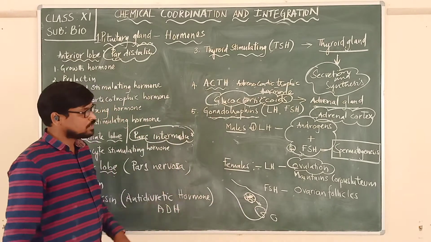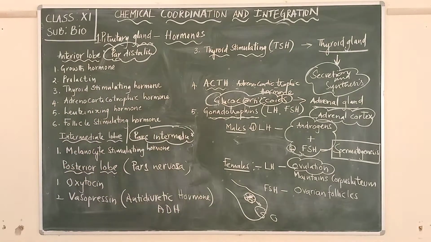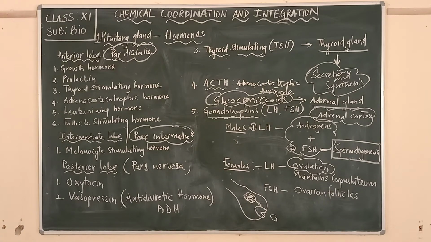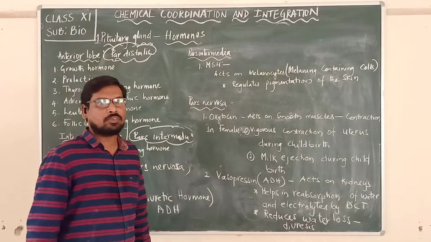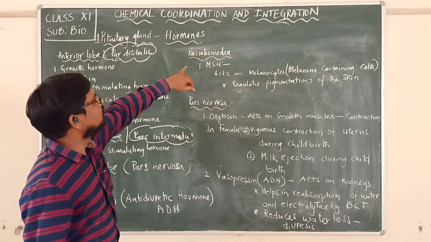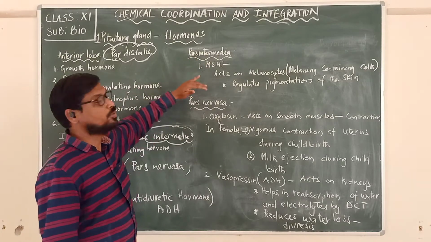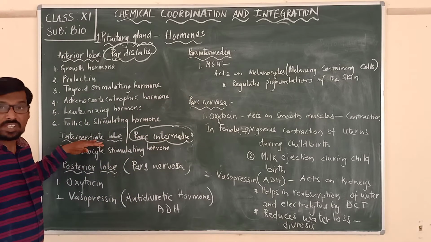Egg. It is called as what now? The ovarian follicle. So follicle stimulating hormone produces the ovarian follicles. So now we are going to discuss the hormones that are produced from the pars intermedia, meaning the intermediate lobe,